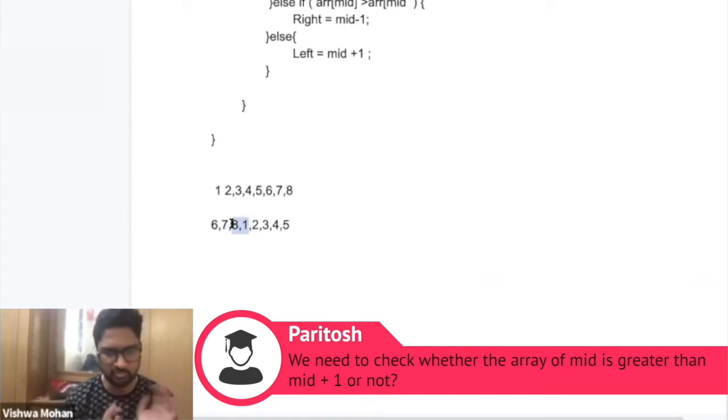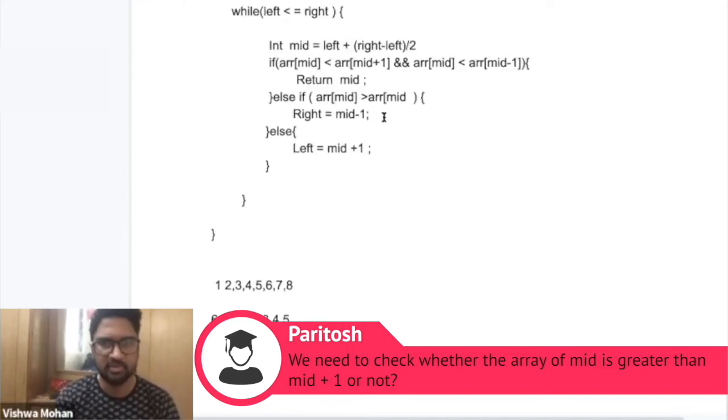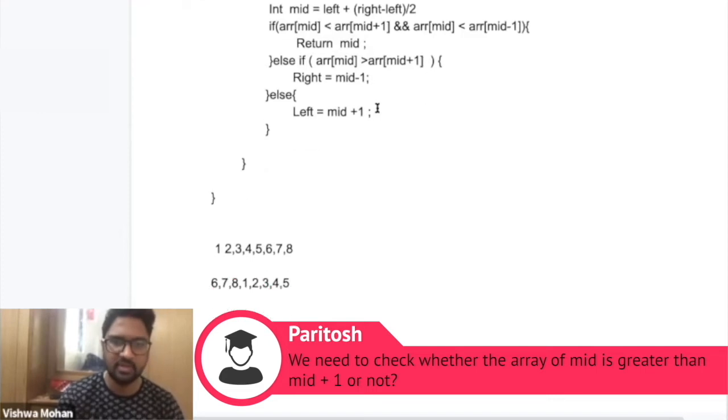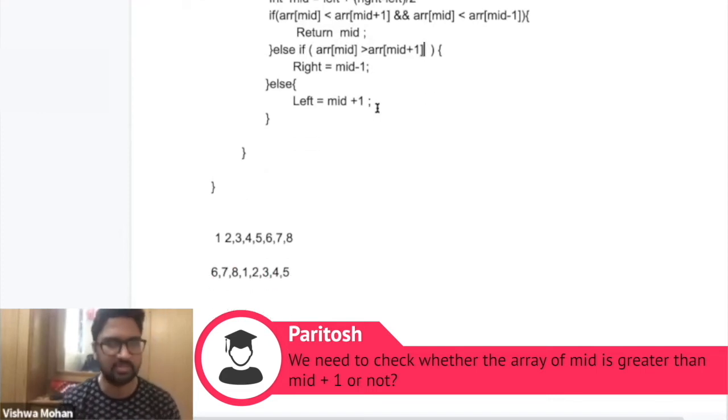This is the only position in the whole array where your right index is smaller. So array of mid will be greater than array of mid plus 1 only at that position. So this will only happen when you have found that smallest element, right?